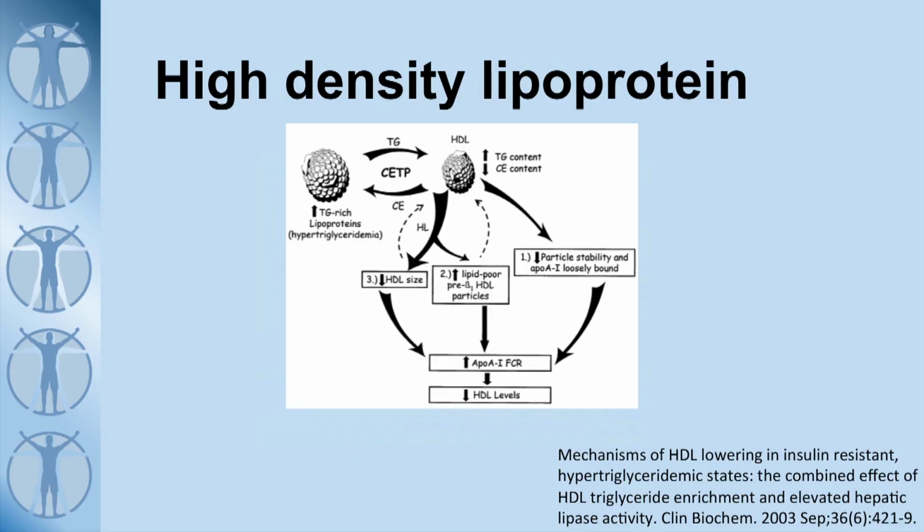Now, having a look at HDL, this relates to triglycerides. We know HDL is good. If you have high levels of HDL, it is a very good indicator that your risk of heart disease is reduced. Now, the problem is that we can see the triglycerides can be taken up by the HDL molecules. And through various pathways, if the HDL molecules take up too much triglyceride, it ends up leading to their breakdown, their catabolism, hence a reduction in HDL. So the same mechanism that causes an increase in triglycerides also eventually leads to a reduction in your HDL level.